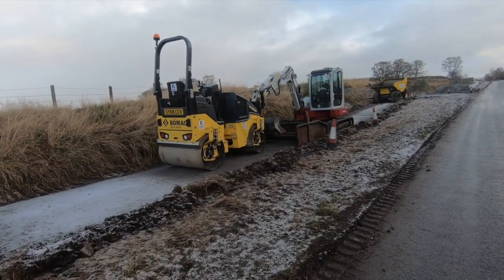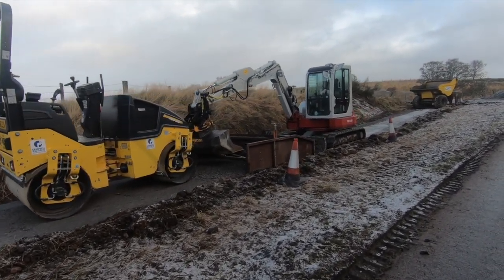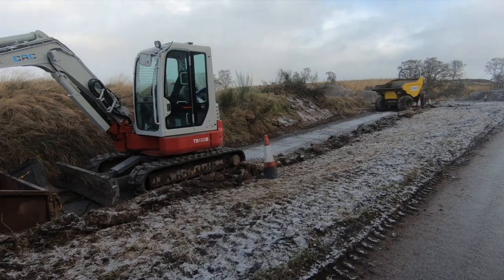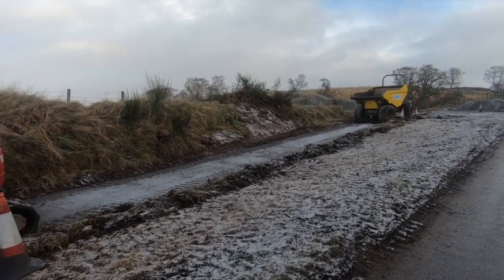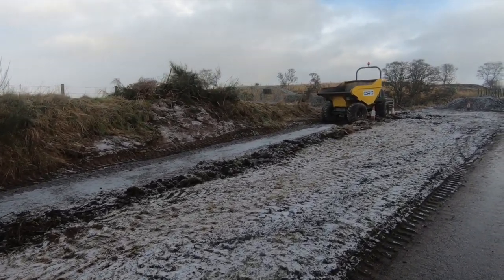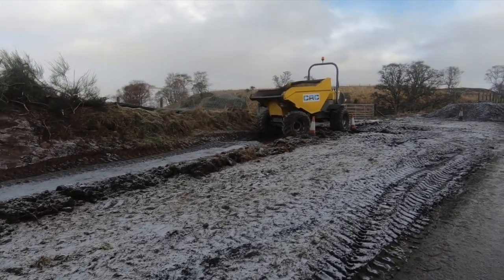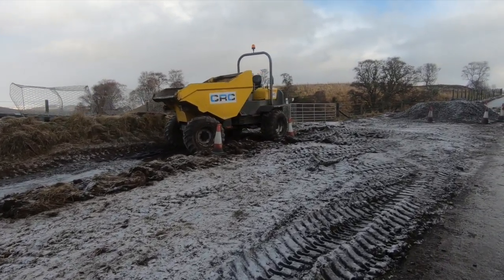Because of various access issues over the years, it's taken about 30 years to actually complete the Speyside Way, and it's great that this final section into Kincraig, the last part of the Badenoch Way, which makes up part of the Speyside Way, is getting a lot of work done on it just now, and it's going to make a terrific walking route and a great cycling route all the way from the Moray coast at Speyside Bay right up